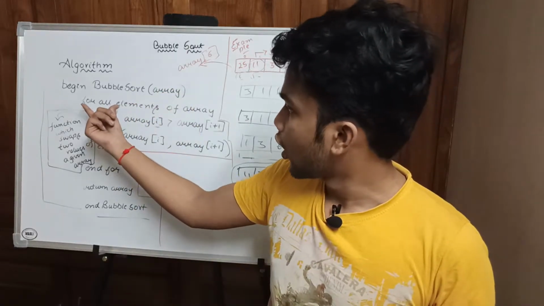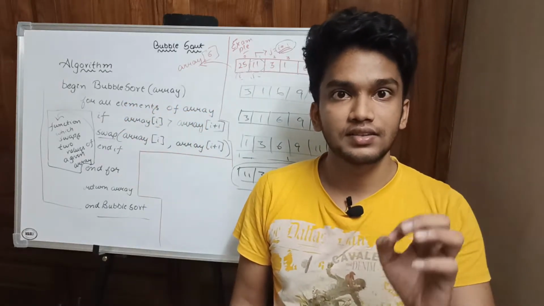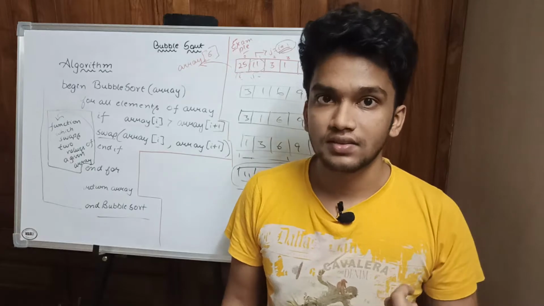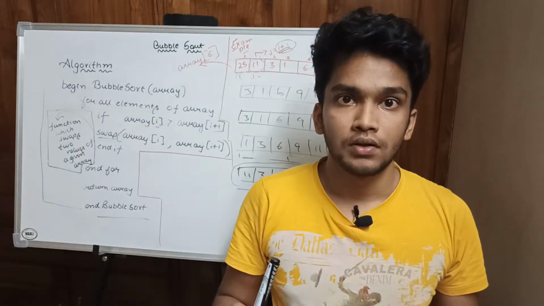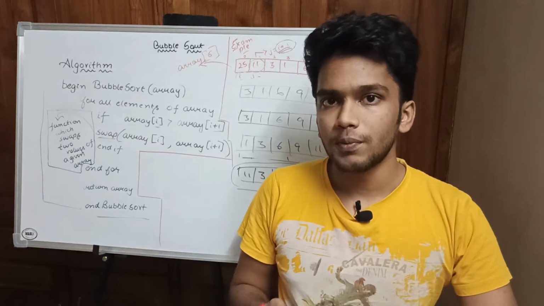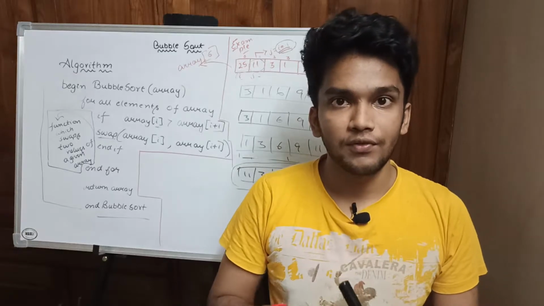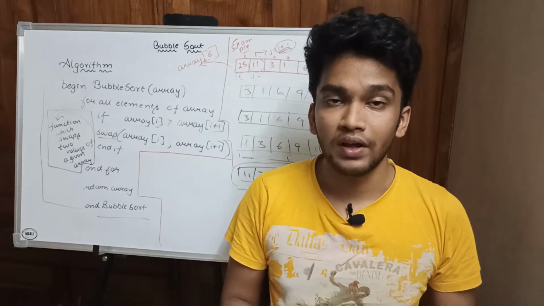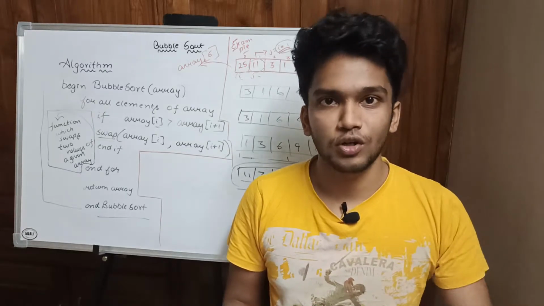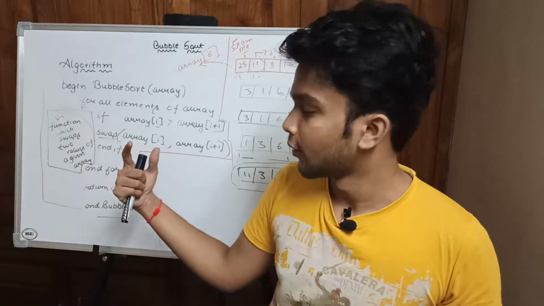Okay, for all elements of the array, that is every element. As I said in the previous video, for accessing or scanning or giving elements at runtime, we use a for loop, especially for arrays, because we can't type every element with its index. It would take a lot of lines of code as well as a lot of time to code. So for ease and convenience, we use a for loop.